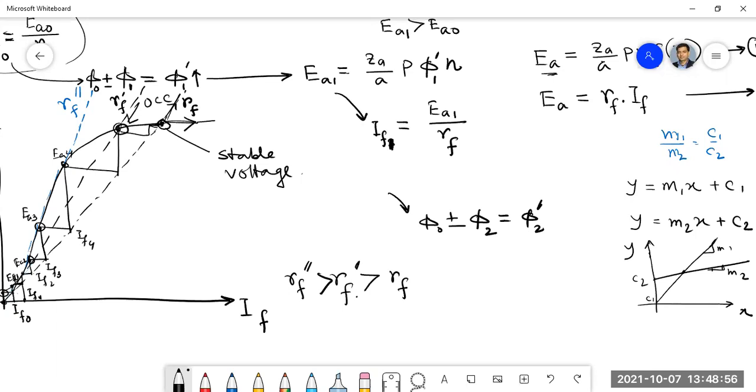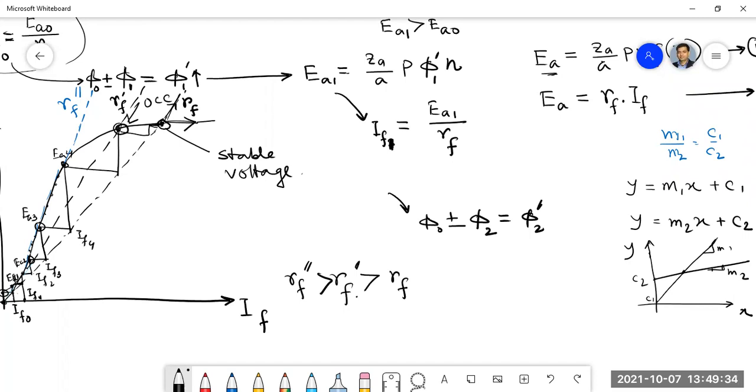You see, there are many intercept points here, here. So up to this, there are many interception points. If I take the number of points, you all know that if it is a region of a straight line, then we have an infinite number of points. So that means if RF2 becomes the tangent of the OCC curve, then we'll get an infinite number of solutions, or an infinite number of stable voltages.